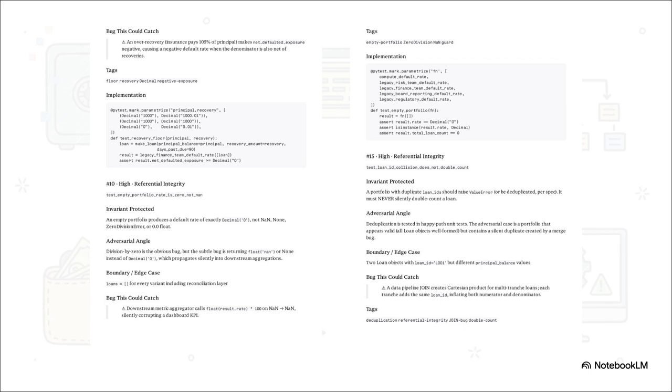Now flip that and consider the danger of too much. Here we test for silent clones. We feed the system a portfolio with 2 identical loan IDs. This perfectly anticipates a classic data pipeline bug, a Cartesian product, where a bad database join effectively multiplies rows against each other. It silently inflates the default numbers by double counting a loan without a single person noticing.